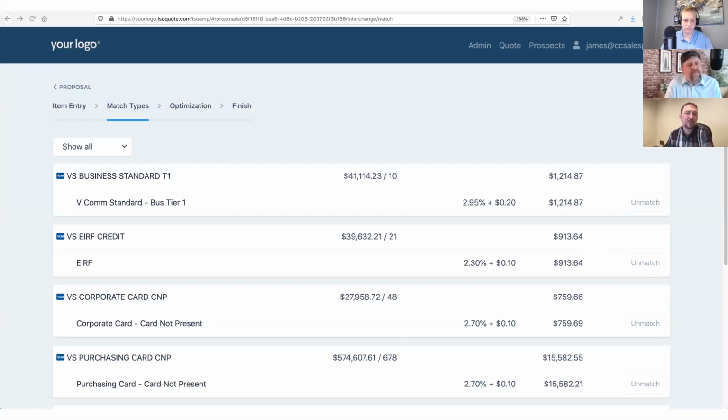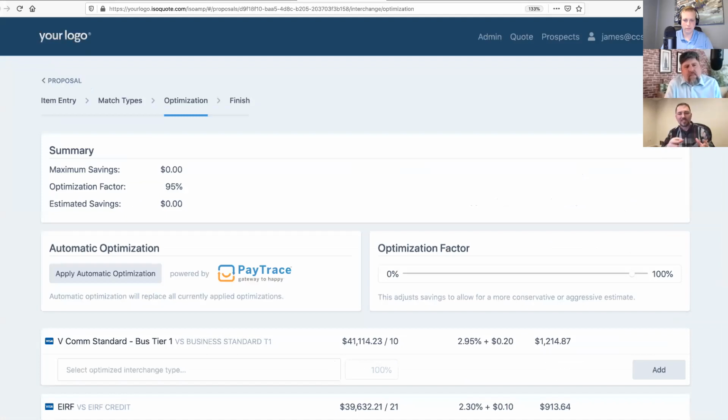Well, now we're going to click on optimization. And this is really where the fun stuff happens. And this is the part that used to take me hours and hours to get it wrong. I still didn't get it right. But I would have to key everything into a spreadsheet. Then I'd have to go, okay, I think that one could be lower. How could it be lower? Well, let me figure it out. And this is ridiculous. Just a crazy amount of time to get these big deals.